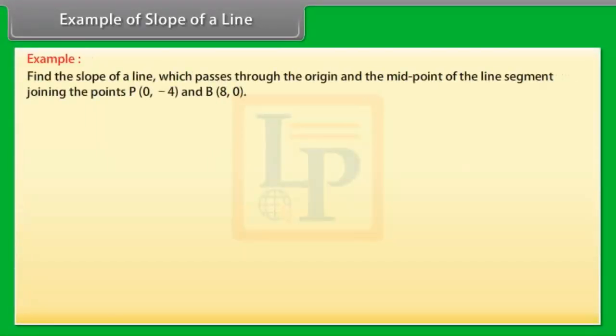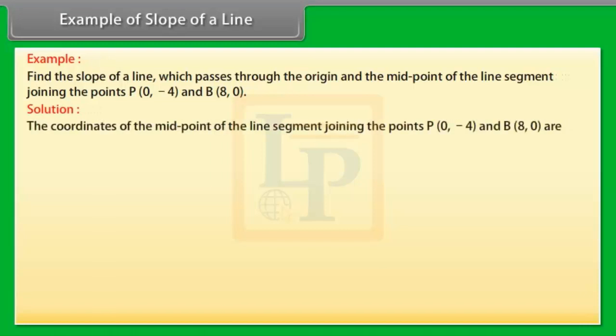Examples of slope of a line. Find the slope of a line which passes through the origin and the midpoint of the line segment joining the points P(0, -4) and B(8, 0). Solution. The coordinates of the midpoint of the line segment joining the points (0, -4) and (8, 0) are